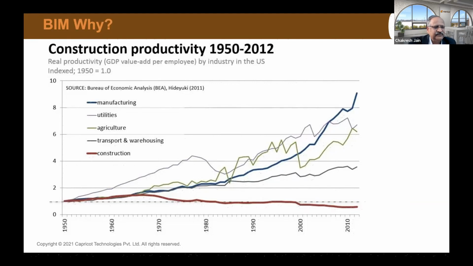And this graph highlights that over the last so many years, if you look at the brown graph of construction, it is at the bottom of the graph. So we haven't been able to improve the productivity in our construction industry, whereas if you compare it with an equivalent industry, which is manufacturing, they have been able to improve their own productivity. So we know, like what Shitanshu just highlighted, there are so many challenges in the construction industry.